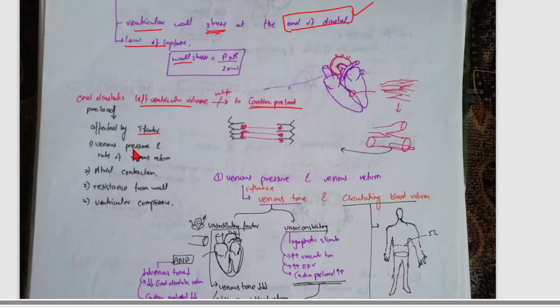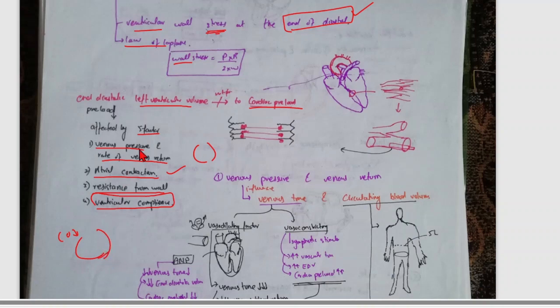It is affected by 5 factors. One is the venous pressure. If venous pressure is high, the rate of venous return is high, and the cardiac preload is high. Atrial contraction: if the atria contract strongly, the ventricular preload becomes high. Resistance from the wall: if the resistance from the wall is increased, the preload is also increased. Ventricular compliance: if ventricular compliance is less, then the preload is much higher. If the ventricular compliance is high, they can accumulate more blood, so the preload is